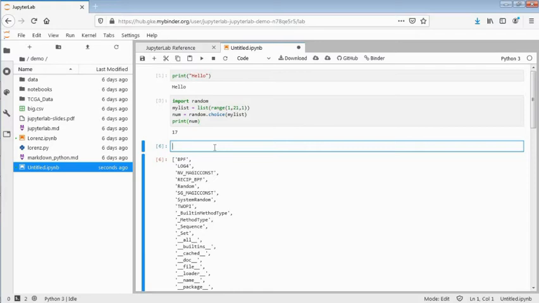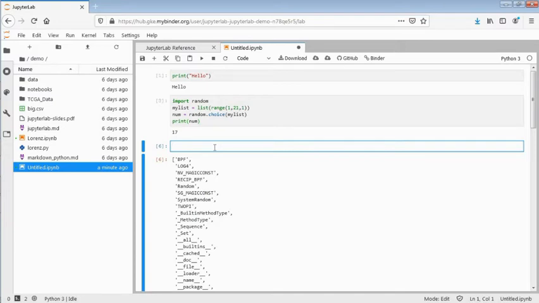Then this game will tell you too low, and if you guess 7, it will tell you too high. There will be a limit, and once the limit is reached, it will show that your game is over, and that's it.